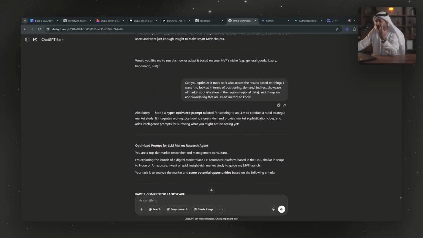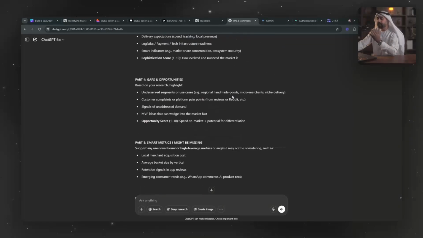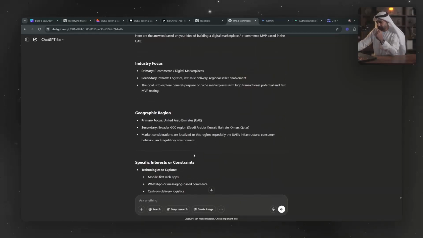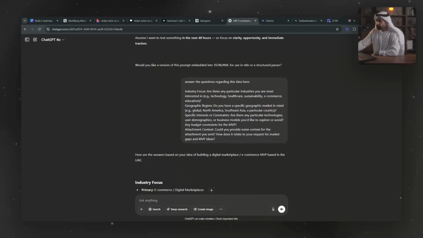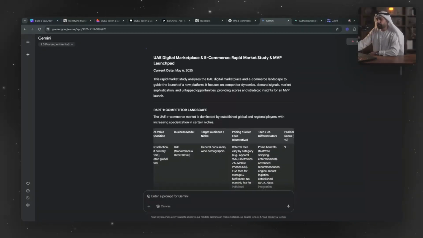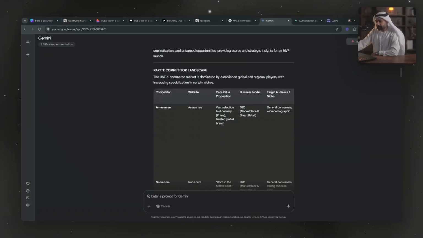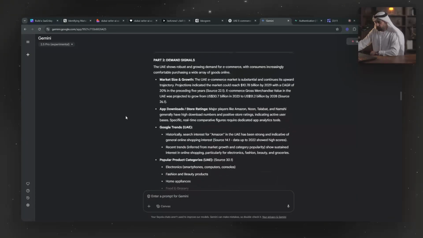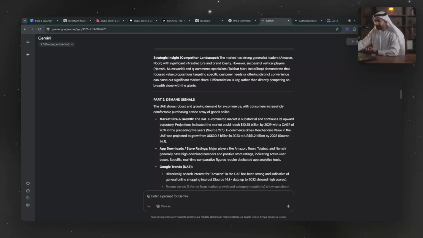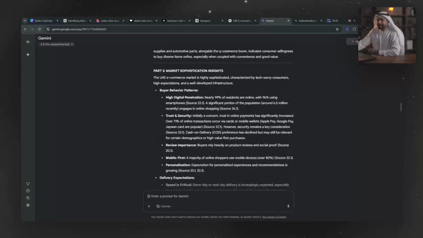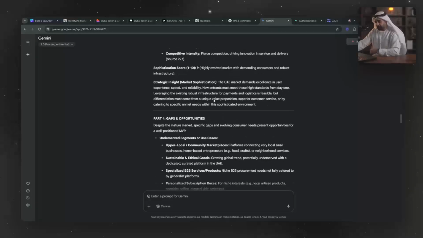Then I played with it and I talked to it. Okay, can you optimize it a bit more with the results and market sophistication and so on, regional data? It did a bit more optimization of the prompt. Okay, answer the following question about the ideas. It did several things over here. So what I did then is that I copied this and pasted it over here. I let Gemini go through this list, which is who my competitors are. It said Amazon, Noon, Namshi, Mom's World, Carrefour, and so on. And then I talked about part two, the demand and signals, whether there are signals or not. It pulled that from the internet from different types of sources. And then it started giving me certain insights, which I went through.